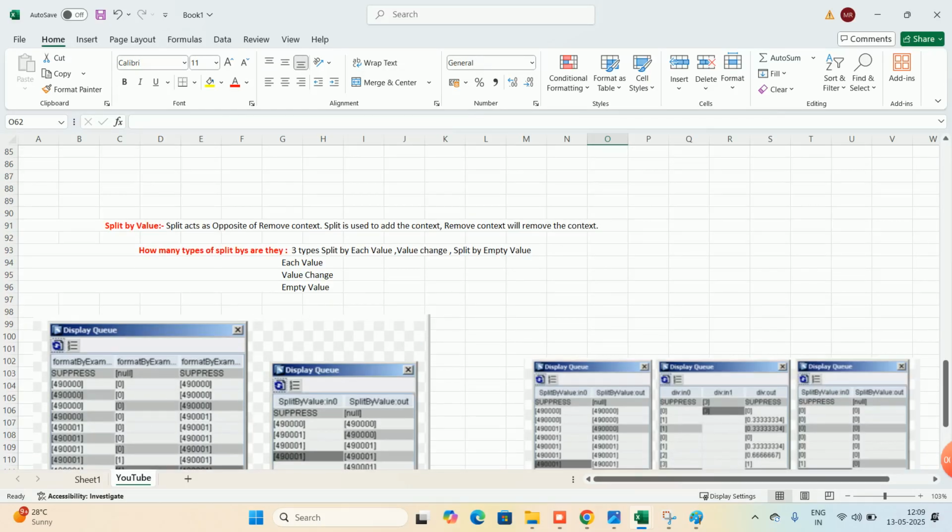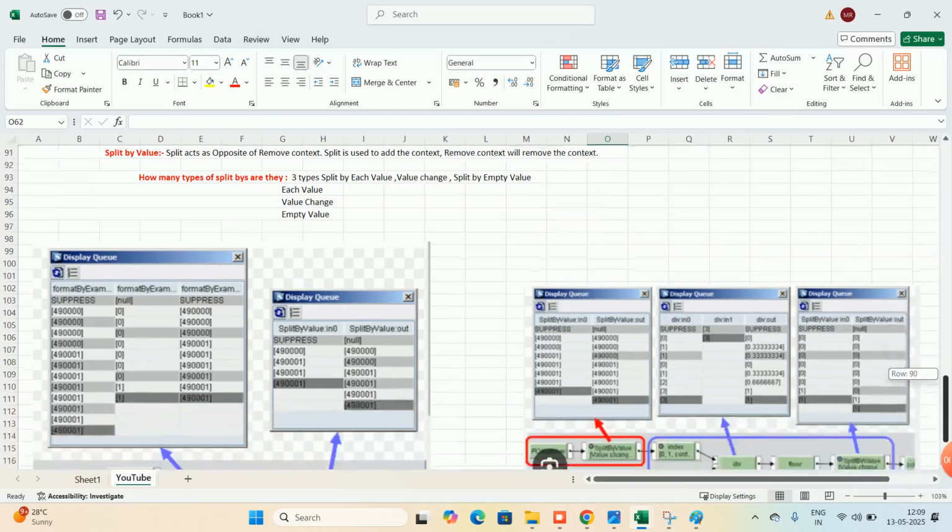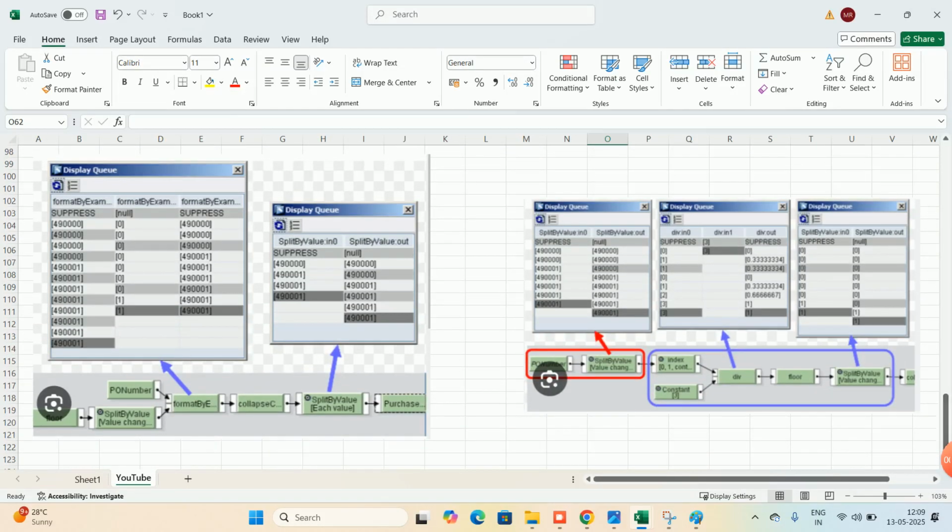Now I am moving to split by value change. Split by value change means, see here, two or one values, 490001, these four are one value. What is it telling? Value change means the name only itself is there. This is one name, these four are one value and these two are one value.